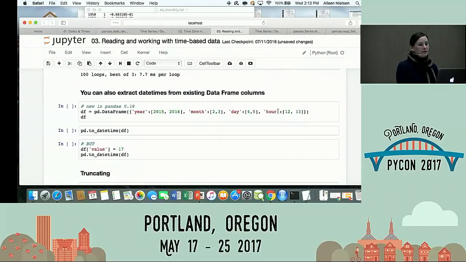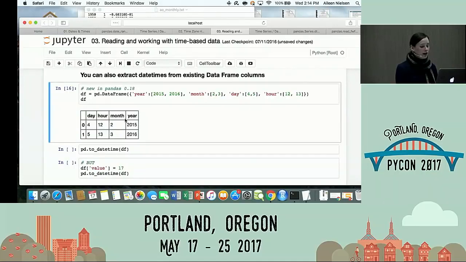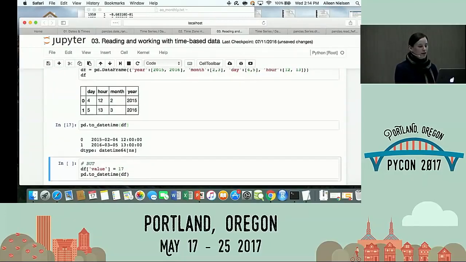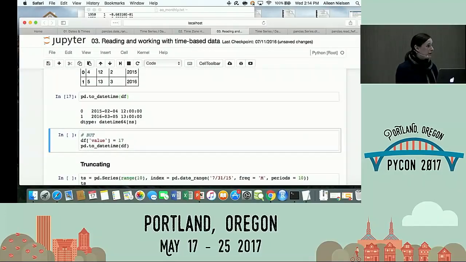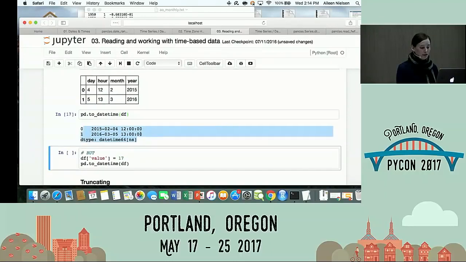You can also, let's say you've made the mistake of already reading the data in and not parsing it as you did it, or let's say you just had it in a pickle or something, but you don't have things labeled as timestamps. You do have the information. You can actually have a data frame that has columns with the separate components of the date and easily combine them. So let's say we have a data frame that has a day, hour, month, and year column. Sure, you could write your own custom function to combine them, but actually it's pretty straightforward to just do a pd.to_datetime on that data frame, and it will intuitively figure out how to put them together, right? You have to use proper names for your columns, but once you give it that, it will look at the data you give it, and it will convert it to the appropriate values.